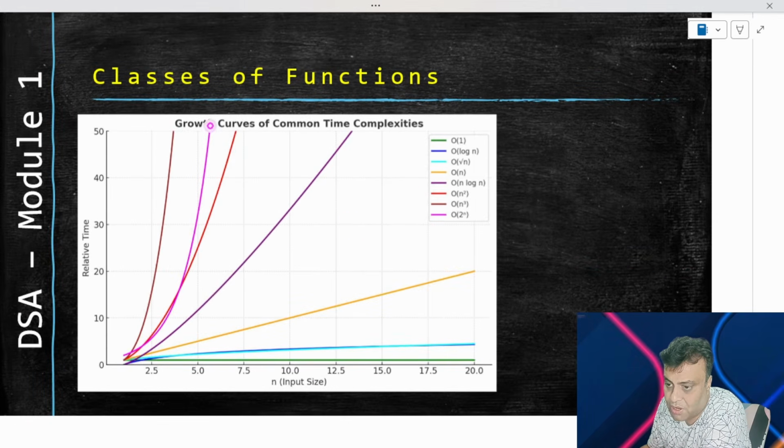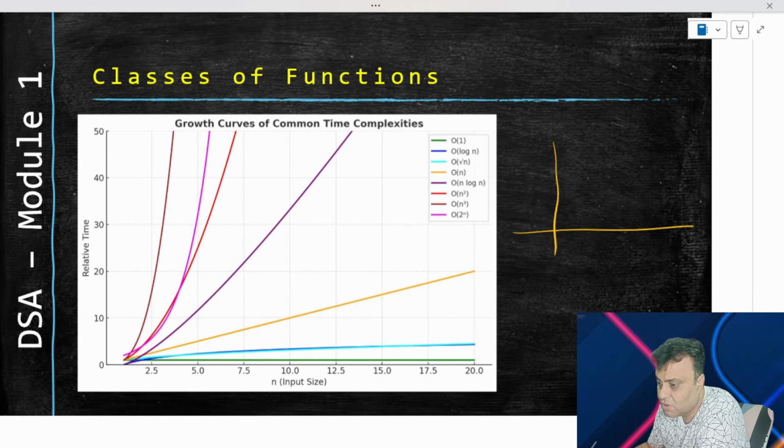And that's what this particular graph also signifies. If you see, our 2 to the power n is here. At some input size n, it will cross everybody. We have not been able to show that in this graph. If I could have drawn the upper portion of the graph, the time complexity for a 2 to the power n curve would have gone like this and then like this. But for our n cube kind of graph, it would have gone like this,